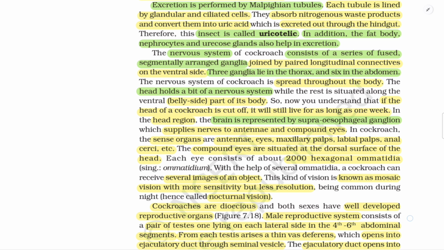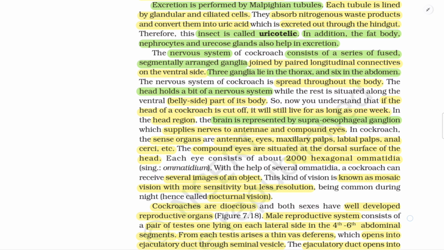In the head region, the brain is represented by the supraesophageal ganglion, which supplies nerves to the antennae and compound eyes. In the cockroach, the sense organs are antennae, eyes, maxillary palps, labial palps, anal cerci, etc. The compound eyes are situated at the dorsal surface of the head. Each eye consists of about 2000 hexagonal ommatidia, singular ommatidium. With the help of several ommatidia, a cockroach can receive several images of an object. This kind of vision is known as mosaic vision, with more sensitivity and less resolution,